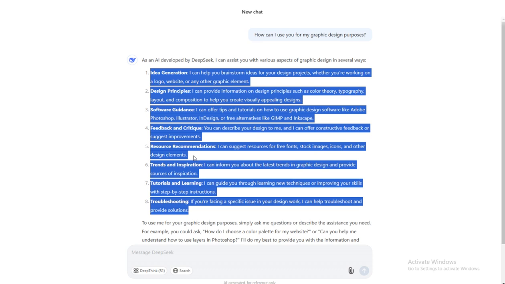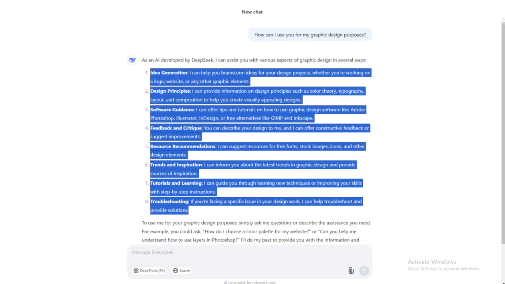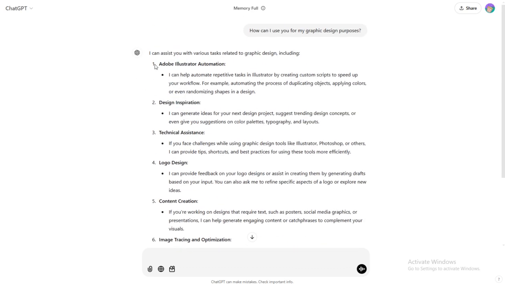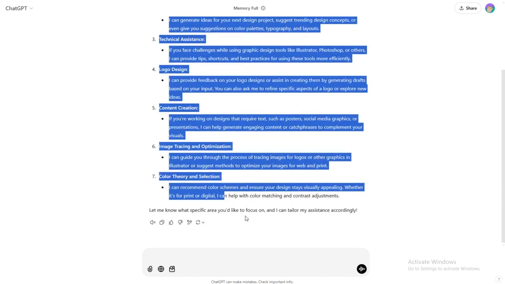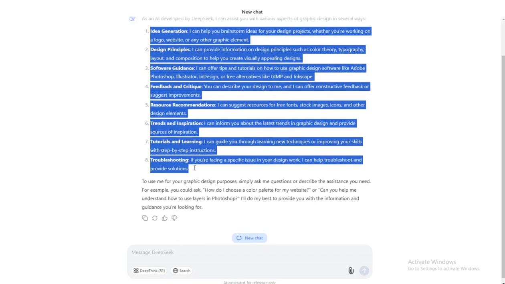But if I say the look of this, DeepSeek is very clean and to the point, but ChatGPT doesn't provide us that for the free version. Maybe for the premium version it's clean and much better.